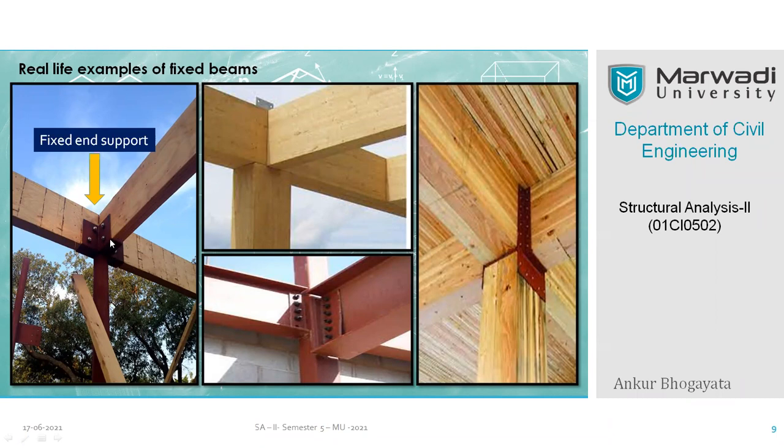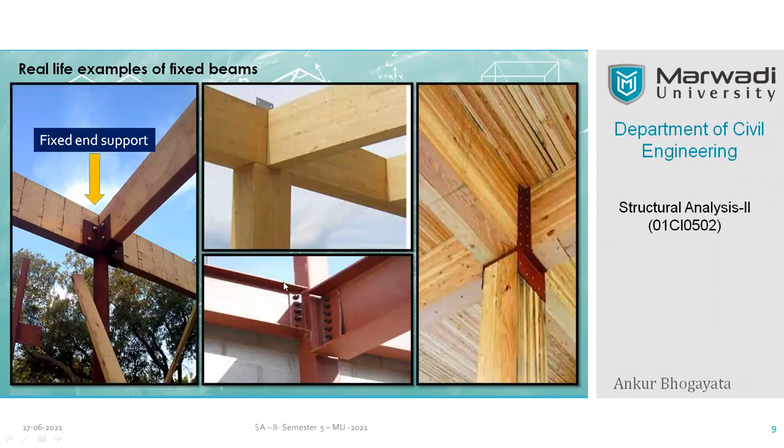If you use 1 bolt only, it will end up with a pin connection, because it cannot offer the reaction to the moments. But here you can see that there are more than 1 bolts used, and that is how we can expect some sort of fixity within this beam itself. And it is not at all necessary that the beam should be continuous. They can end over here also, and you have to take care about that fixed joint also.